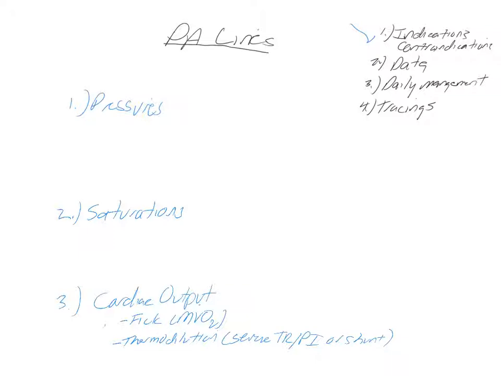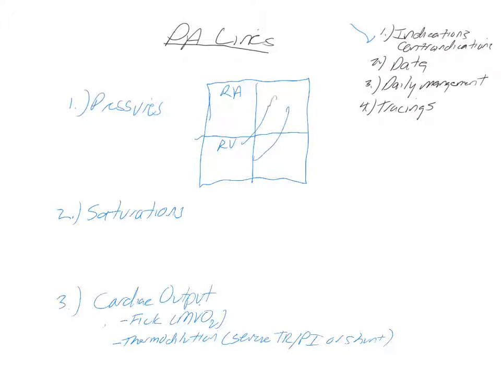Now, I'll briefly review normal pressures for the sake of completeness. I'll create a rudimentary 4-chamber model of the heart. We have RA, RV, we have PA, and then we have pulmonary vein, left atrium, left ventricle. When I think about pressures, I think about them most commonly using the quarter, nickel,